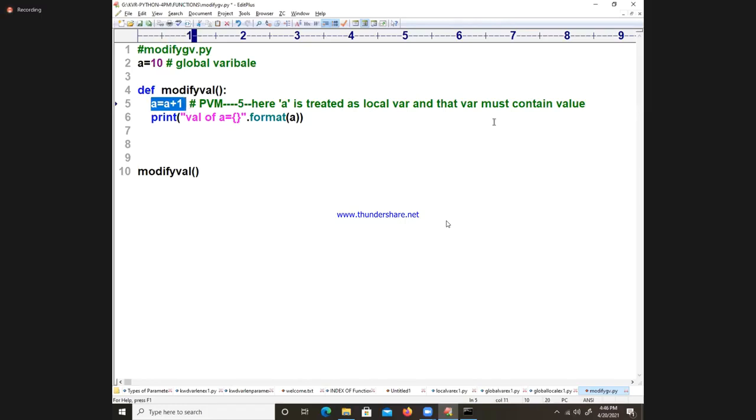Before that assignment, it should have some value inside of it. That is an error. Do you understand this error? Whenever you try to modify the value, it gives an error. Listen first to what I am saying. When I write A is equal to A plus 1,